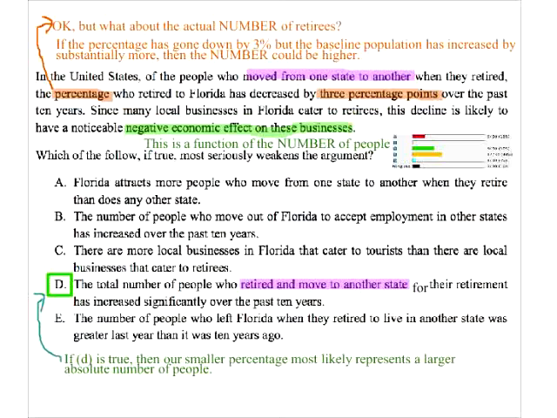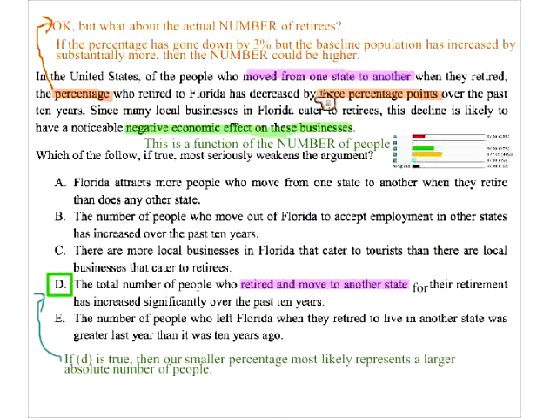So that means the total number of people who moved from any state to any other state that was not that first state. That doesn't mean other than Florida. That means people who moved states has gone up. So, okay, there's a comment that says the number has gone down, but that's the point. Maybe I'm misinterpreting the comment, but we don't know that the number has gone down. We know that the percent